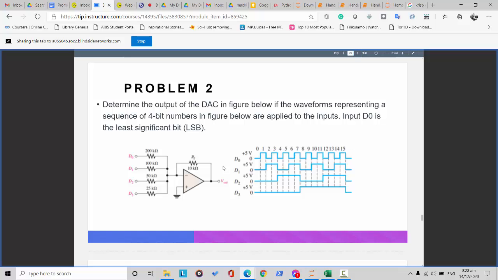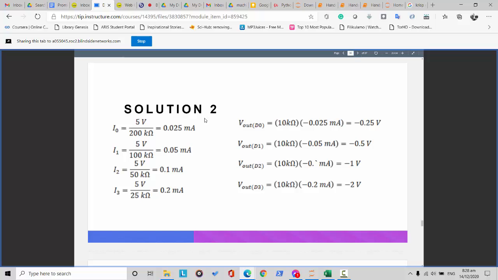Okay. So we are asked to compute for the output voltage. So let's try to compute that by computing first the current. Because we need the formula for the output voltage, the output voltage is equal to the final input, final current, and the final resistance. So before we do that, we need to compute first for the